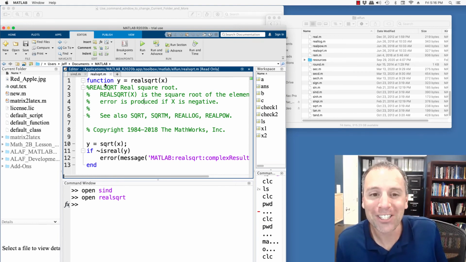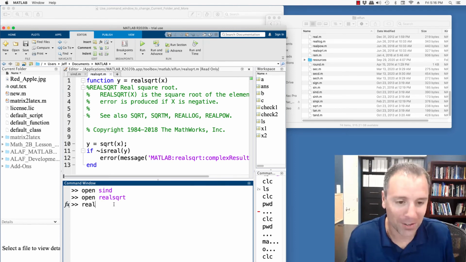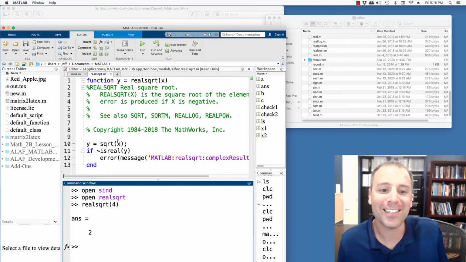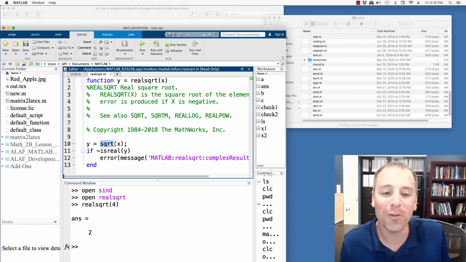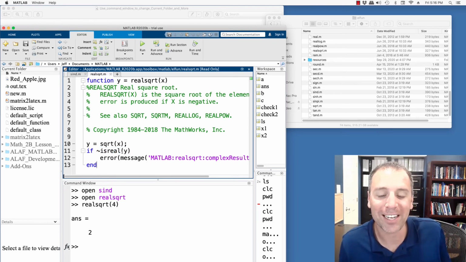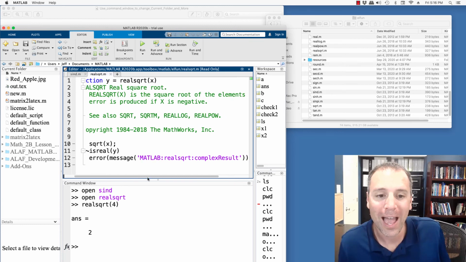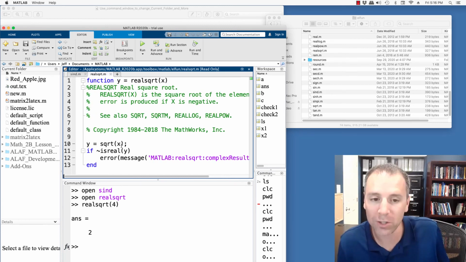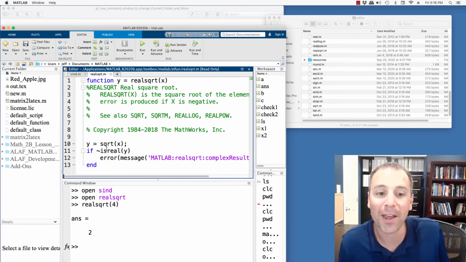So this function, when I type realsqrt of 4, what MATLAB does is use its own sqrt function, and then it also checks isreal(y). So it checks if y is a real number. It will produce the square root in the background, and then it will check, is that actually a real number?